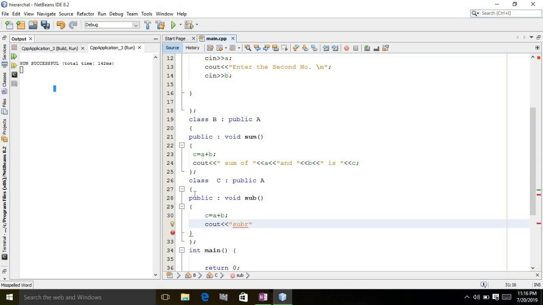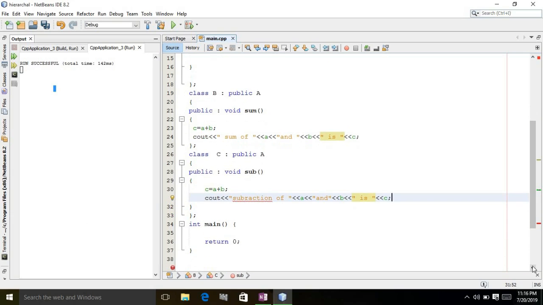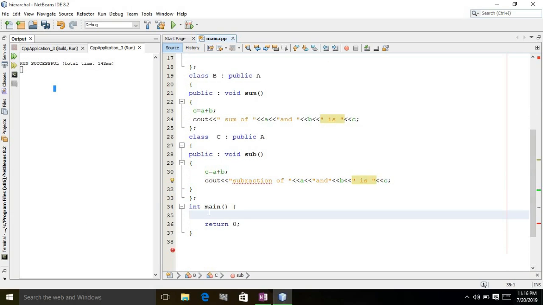So subtraction of what? A and B. Okay, B is in which it's stored in C variable. Okay, we done this, and we create the object for class B and class C, and we access the methods one by one. Okay, so what we want to do here,